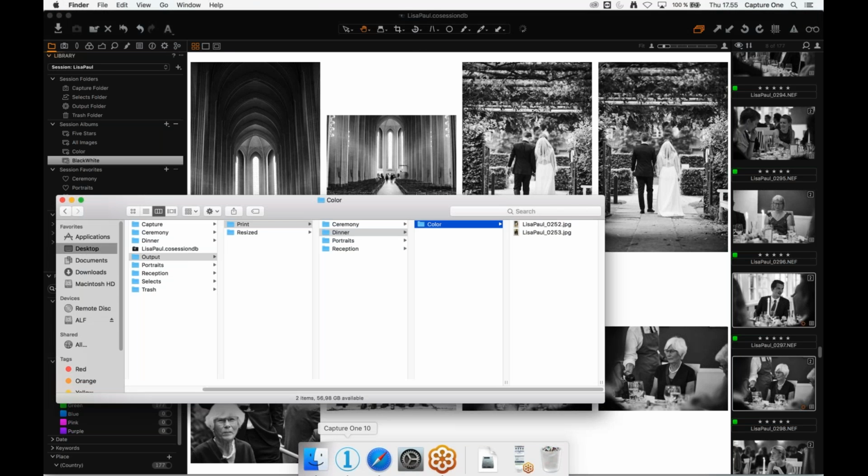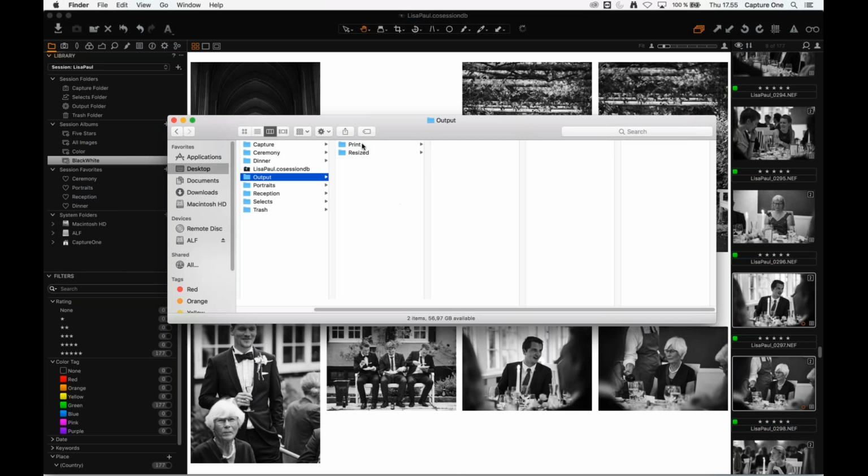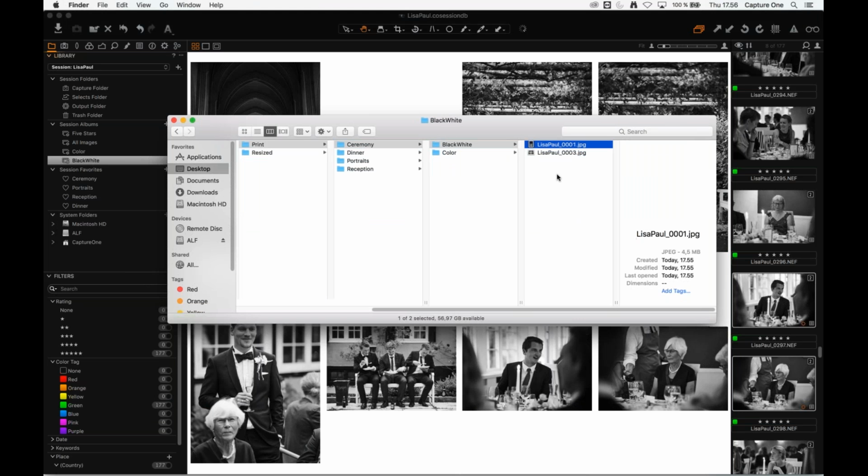And if we go into the Finder and see the result here, it's creating images in black and white under the ceremony. So these images should be, yes, exactly, they are from the ceremony. They are in black and white, and they are print sized, as you can see. So if we go to resized, ceremony, black and white, and take this one, you can see it is 2500